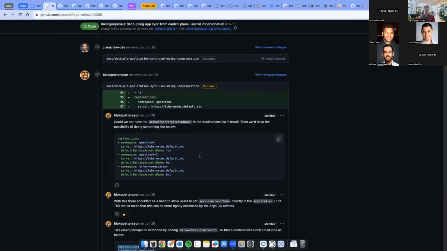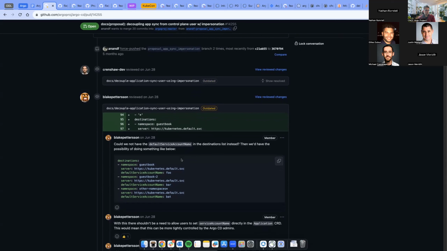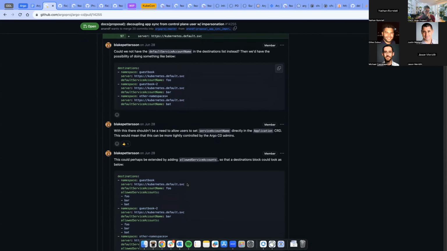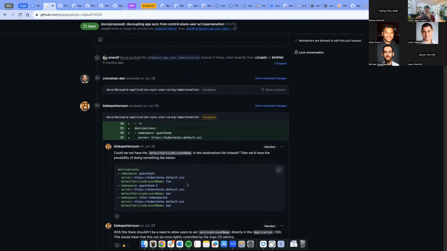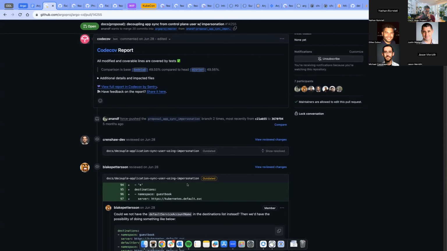I think that maybe destination service accounts might be fine. I'm not sure the most intuitive way to structure that. First pass in my mind is, maybe you have a list of objects. One key in the object is service account name, and then you have a server and namespace field glob.